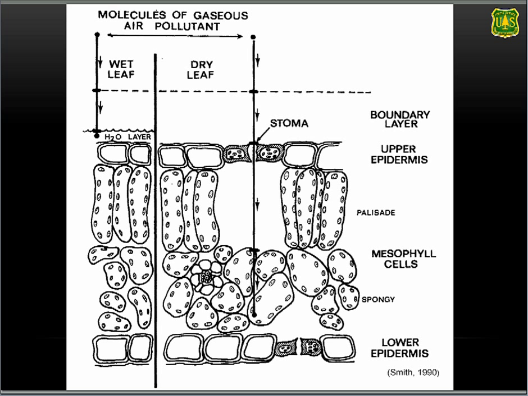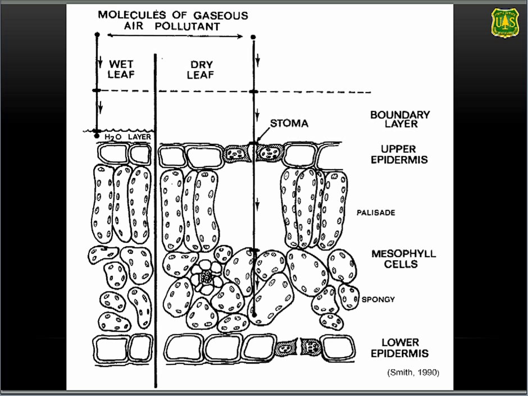On the other side, we have trees removing pollutants. Again, those stomates, when they open during the daytime because they're evaporating that water, what happens is you have more pollutants on the outside of the leaf than you have on the inside. So basically you have a concentration gradient moving from the outside of the leaf to the inside of the leaf. And inside the leaf, there's a lot of water. A lot of these pollutants dissolve in water. So that's why we want to have a lot of active leaf surface area out there that is functioning and exchanging gases, because you want those pollutants to move from the outside of the leaf to the inside.